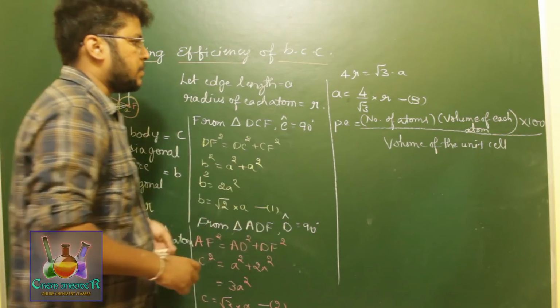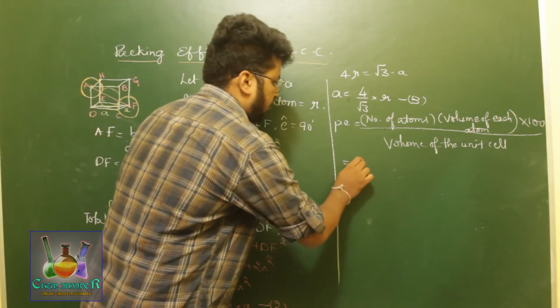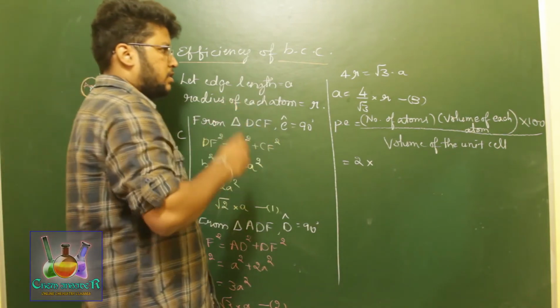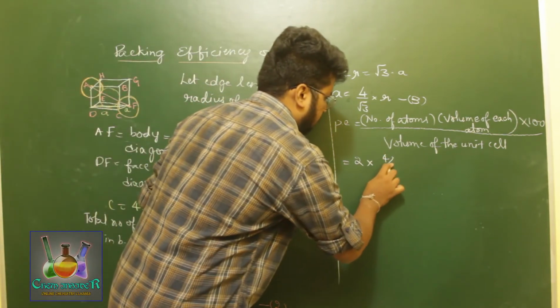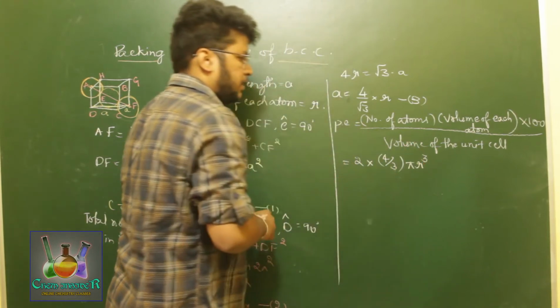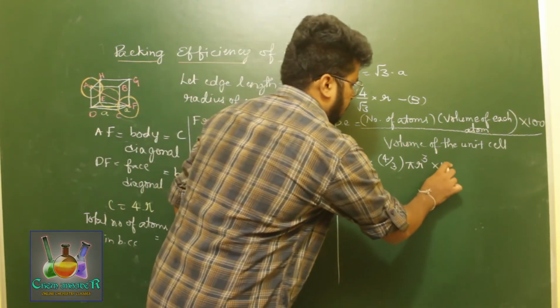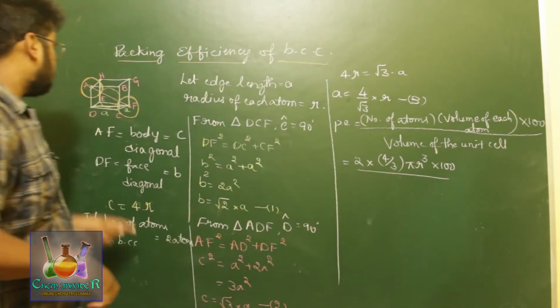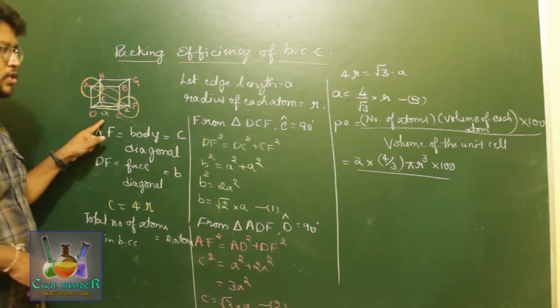So for that, now substituting those values, we get number of atoms is 2, volume of each atom will be, as we have discussed earlier, 4 by 3 pi r cube, into 100, divided by volume of a unit cell. This is a unit cell of edge length A. So volume will be,